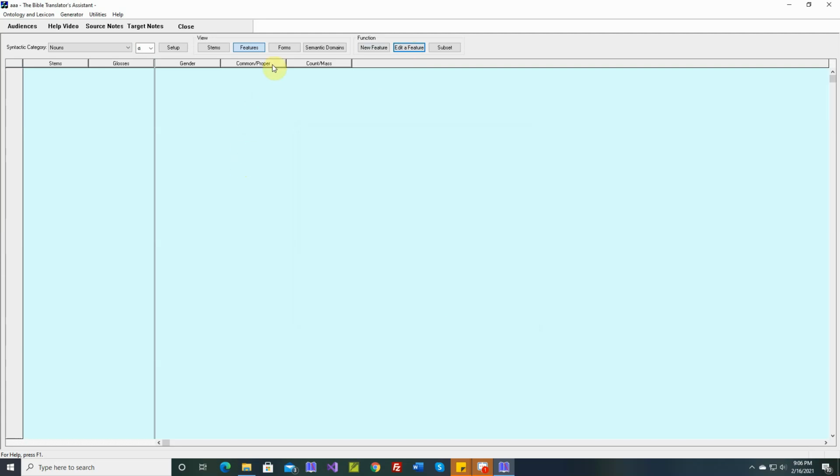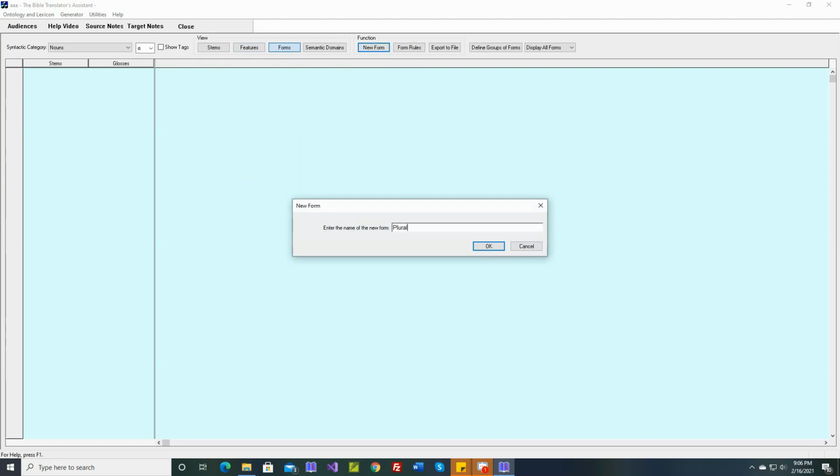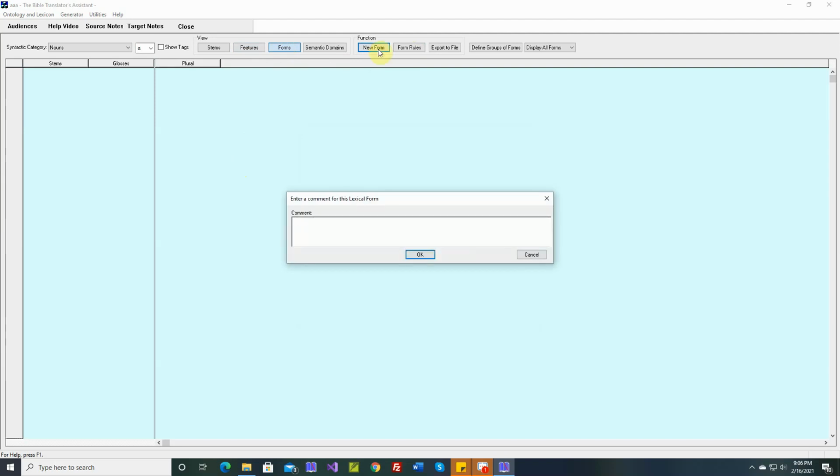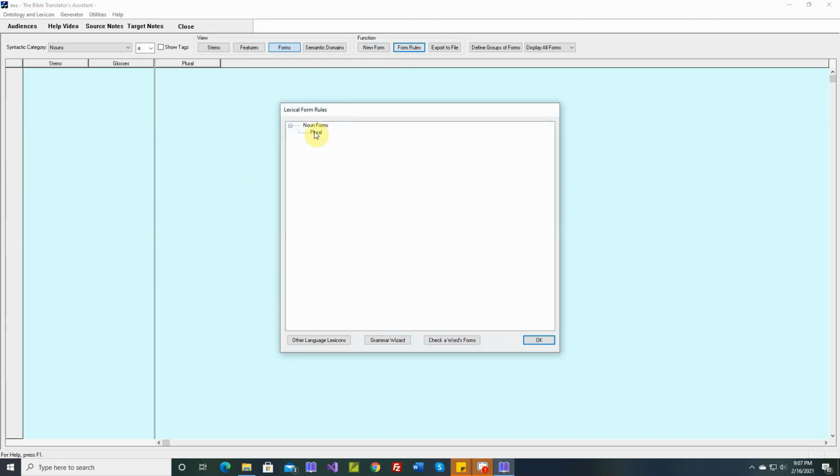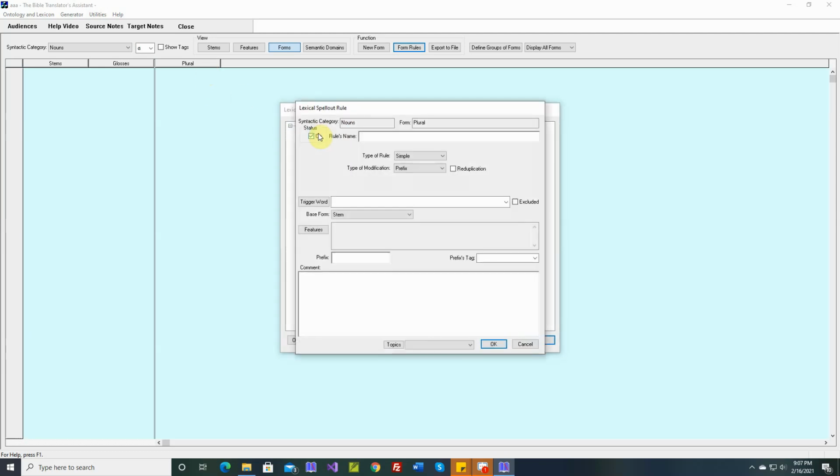Now let's add some forms. For nouns, we only have 1 form, so we'll say new form. And we don't need a comment here. For the forms, now we need some form rules, so we'll click on form rules. Here's 1 form that corresponds to here. To add a new rule to this form, we'll say